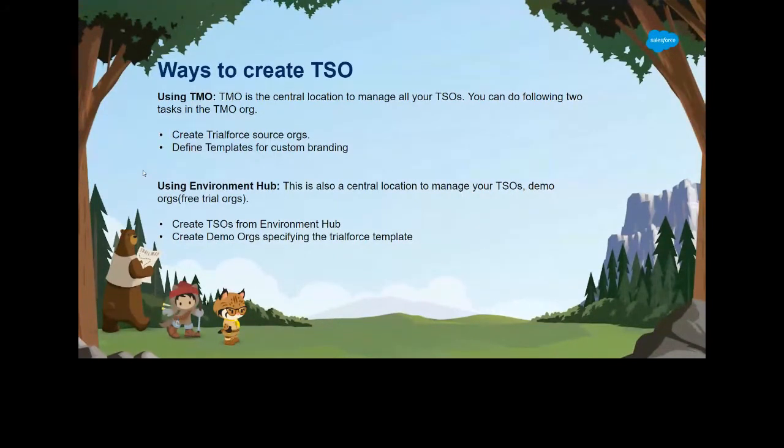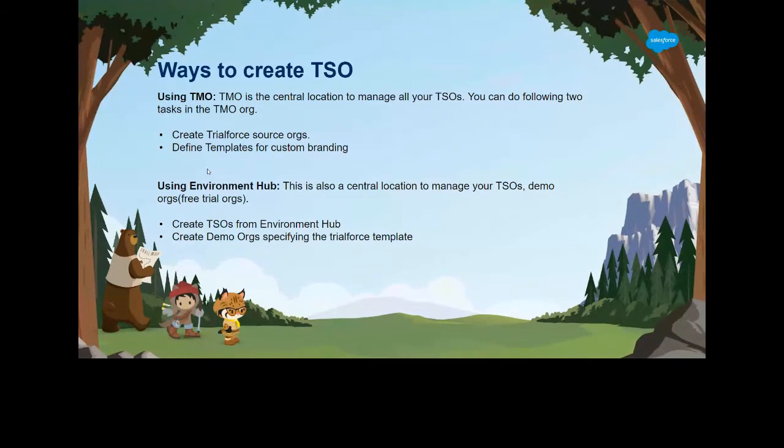Let's say I want my company's logo, vision, and all those kinds of things to be there. My company's UI text and the logo should be there, so that when somebody logs in, it is kind of an advertisement of your company's brand. So if you want that kind of UI representation and the custom branding for your registration page, you will use the TMO. But this is not available in the environment hub. If it is not required for you, you can simply go for environment hub. Okay, so I hope it makes it clearer when we use a TMO org and when we use environment hub.